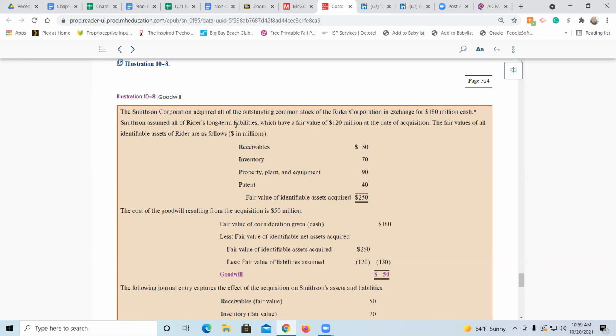Smithson assumed all of Ryder's long-term liabilities, and the long-term liabilities have a fair value of $120 million. So that's one part of the net identifiable assets. The fair values of all the identifiable assets are as follows: accounts receivable 50, inventory 70, PPE 90, and a patent of 40. So altogether, the fair value of the identifiable assets is